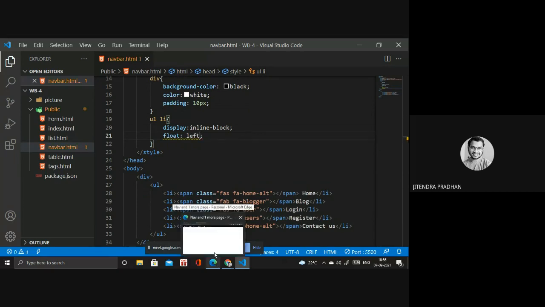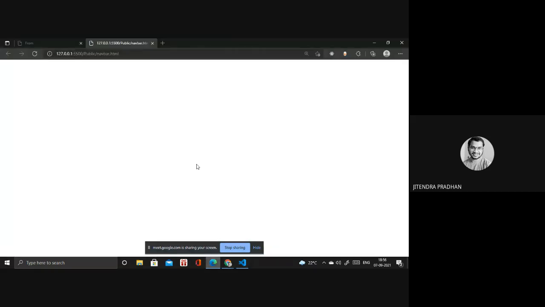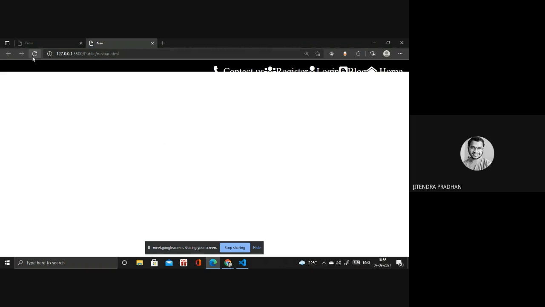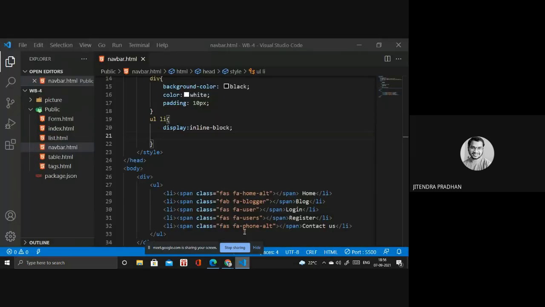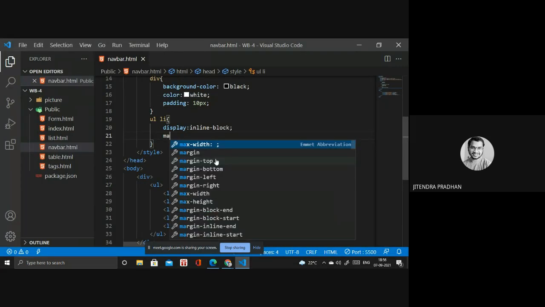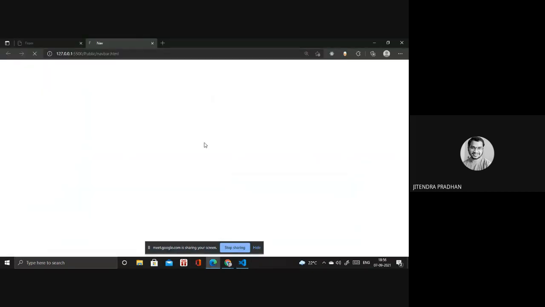Left, right. I need right. Wait, what happened? That will be cut. Not an issue. So let's see how it looks. If you require margin in between, then you have to write margin-left, like 10 pixels or 5 pixels, whatever you require.